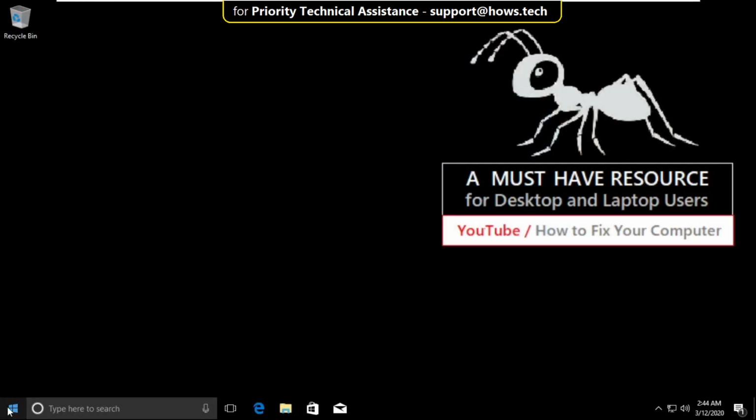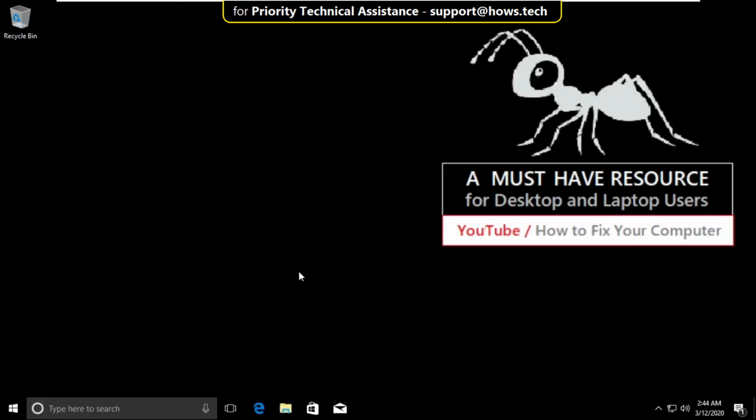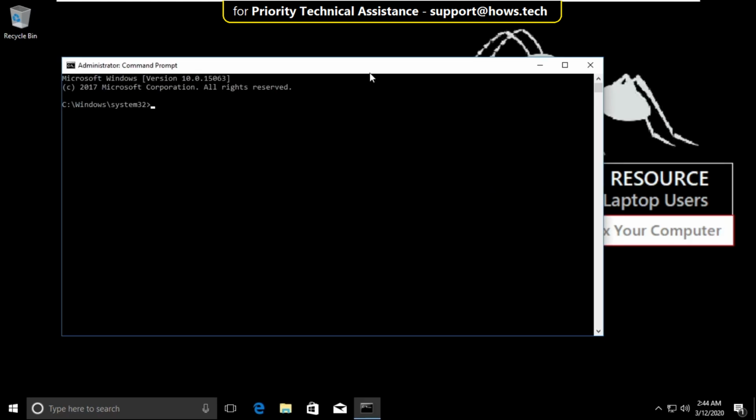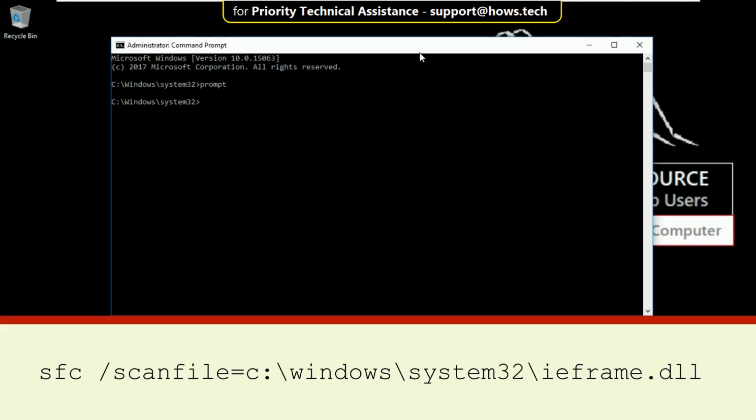Go to search bar and type CMD. Right click on it and select run as administrator. Then select S. Now type these commands carefully. Type prompt and hit enter. Then type